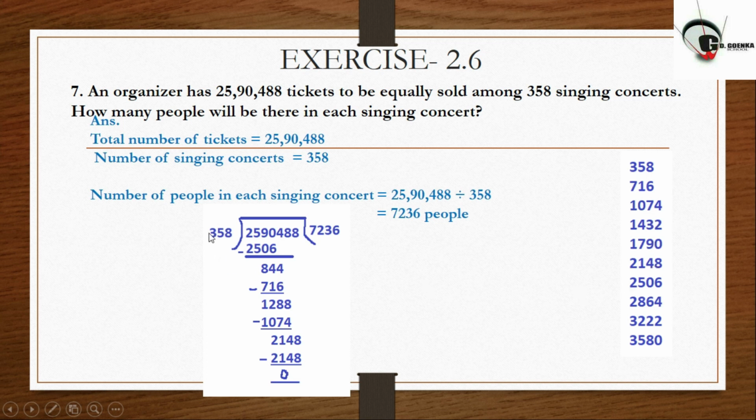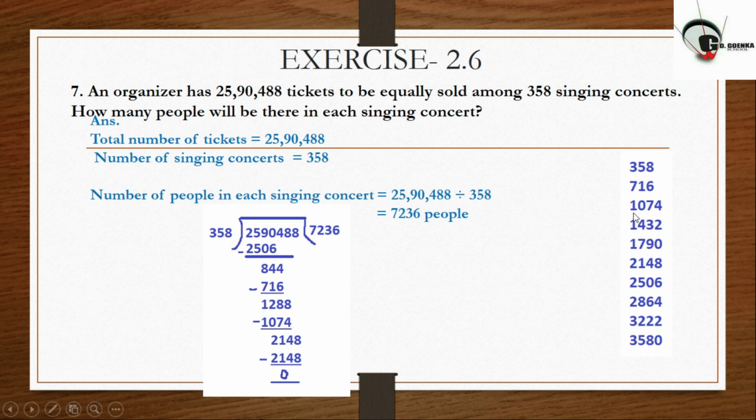So that's why I have written 358 times 7, which means multiply by 7, and we will get 2506, and we need to subtract these numbers. We will get 844, and for 844 of course we need to check the table again. It is 716. So 2s are 716, and then we have got 128, and we carry forward from here. We have 1288, and here we have the third one. 3s are 1074, and then we have subtracted, it is 2148.